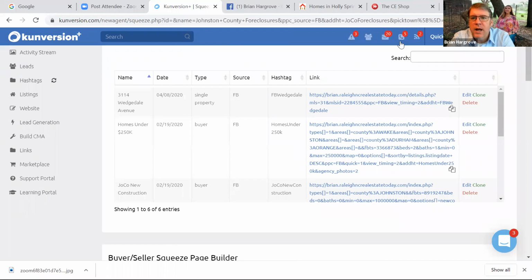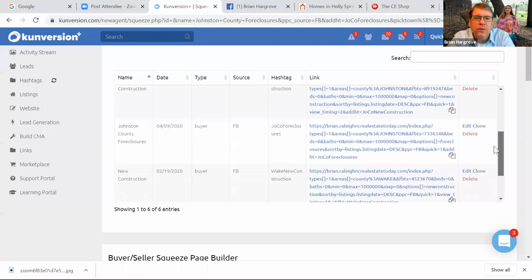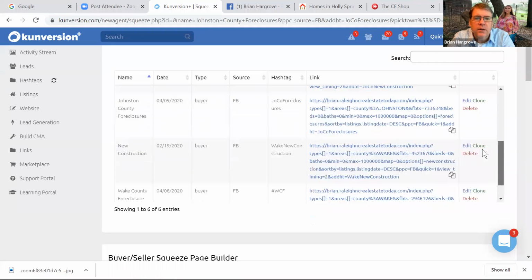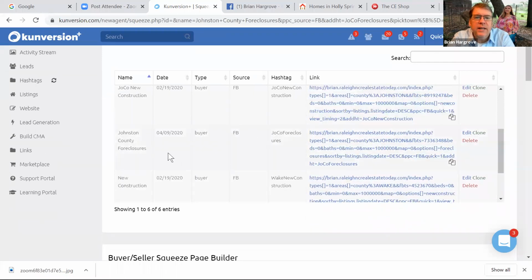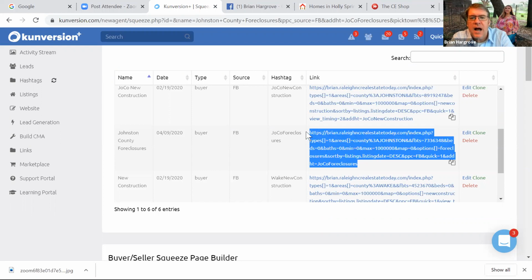I've got to move you guys for a second. All right. So if I go to the top here, these are other ones I did, but if I go down somewhere, here it is right here. So right here, you see my Johnson County foreclosure when I built it, which is today. It's for buyers. Here's how the hashtag's going to come in. And then here's my link. This is what I'm going to put on Facebook. So I basically can copy this,